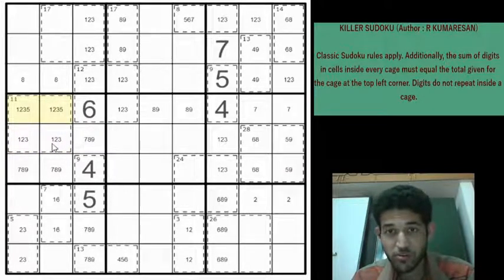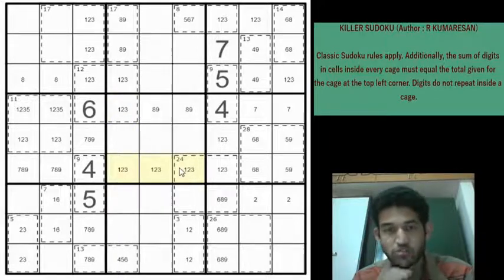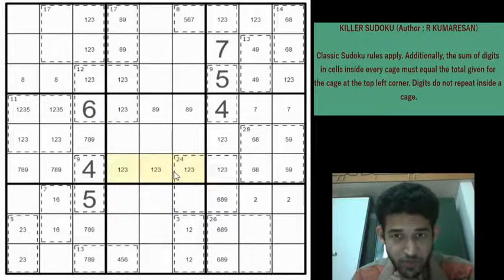And this is wonderful because I've been keeping an eye out for this 1, 2, 3 and 7, 8, 9 triplet. Now we are getting another triplet, 1, 2 and 3 in row 5, right? So which means that 1, 2, 3 cannot be in these 3 cells. We have one of 1, 2, 3 here, and these 3 cells must have 1, 2, 3. Two out of these 3 cells must be 1, 2, 3, right?